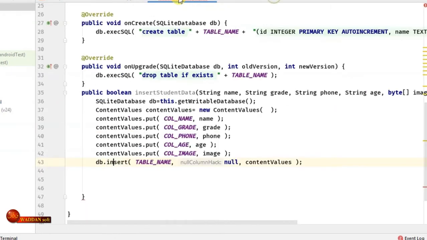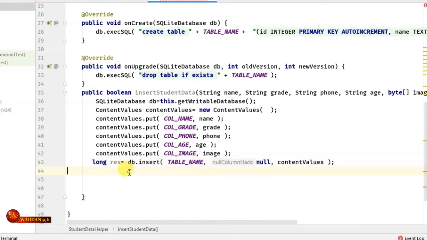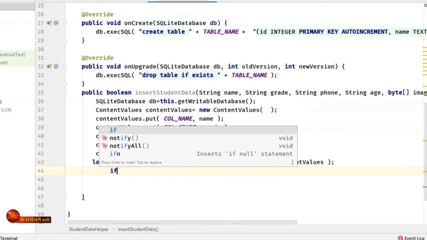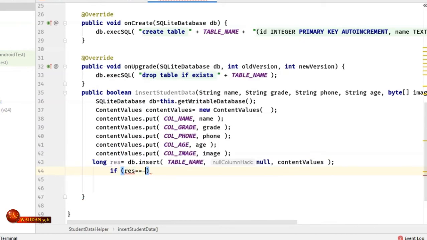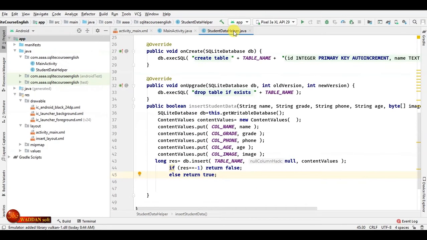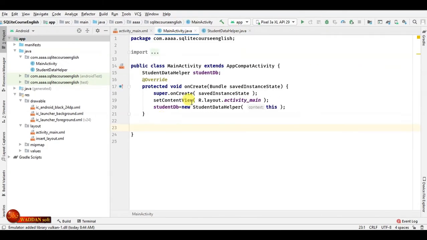So here we can write long res, for example, will equal this sentence, and here we will make if condition. If res equals -1, it will return false, so the data is not inserted, and else, if not -1, will return true, meaning that the data inserted in the table. Now we finished this part in the student database helper, and we'll move to main activity, and here we'll create